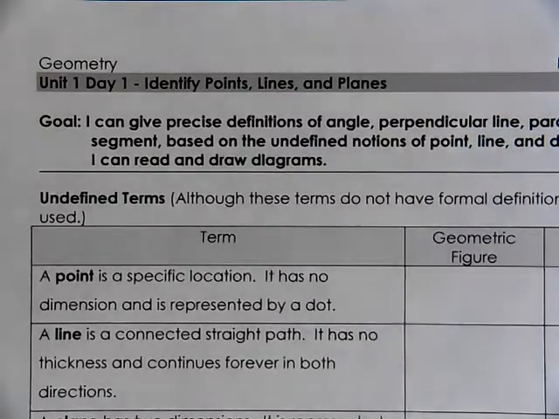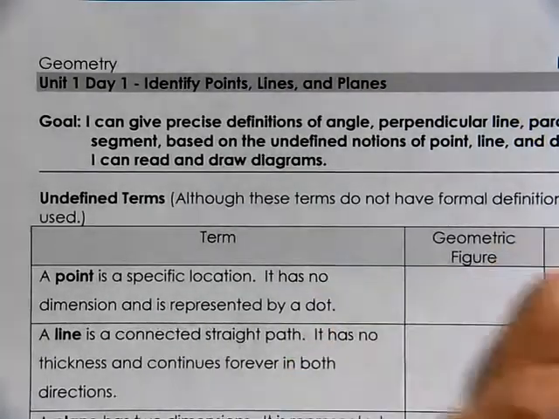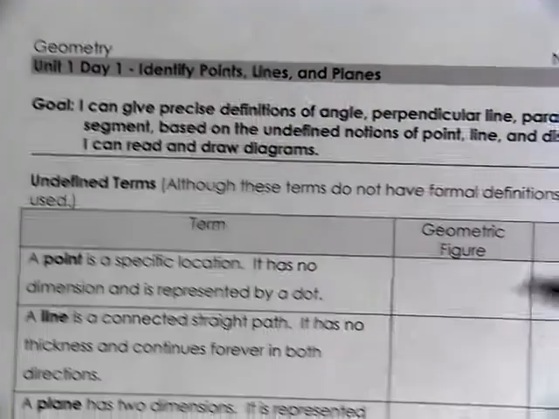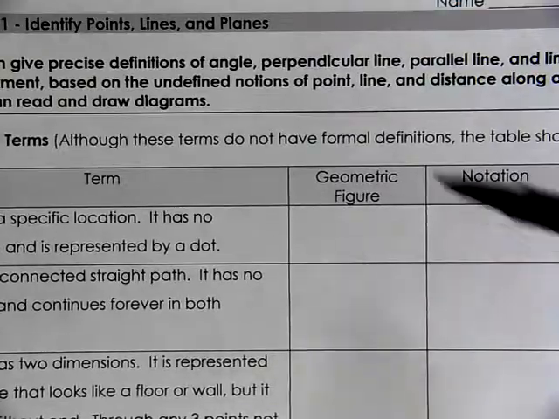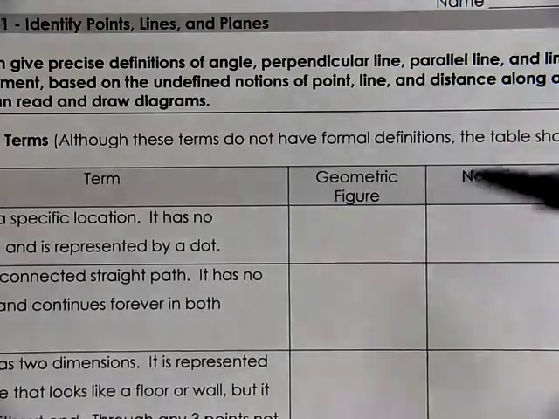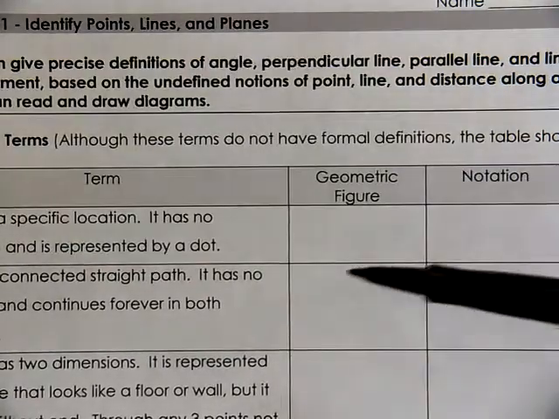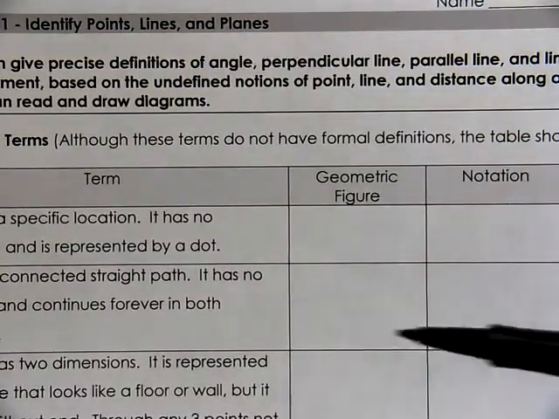Hey everyone, we're starting off our geometry course with a lot of vocabulary as we have to define what we mean by point, line, plane, segment, ray, all of that. We have very specific descriptions that we're talking about, very specific figures and how to diagram them. The notation that we use is the symbols. We have very specific ways of doing this, and so it's so important to be able to learn this right